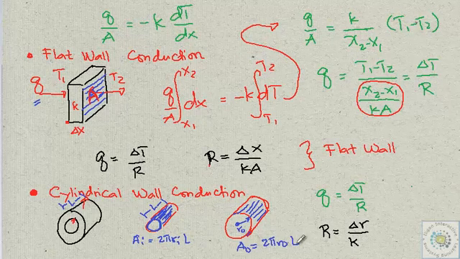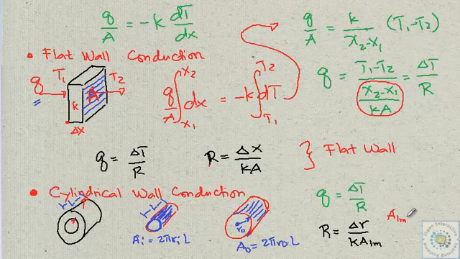In this case, allow me, I will try to convince you that the best way to do this, without much of a derivation, or perhaps I may be deriving that in the next video, is that the area will just be a form of the average of the inner area and the outer area. In that case, it's equal to area log mean, or logarithmic mean. Nothing really special with log mean. Simply, area log mean is just the logarithmic average of the two areas, and that can be simply solved by the equation